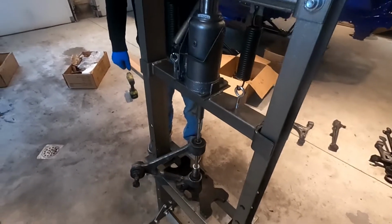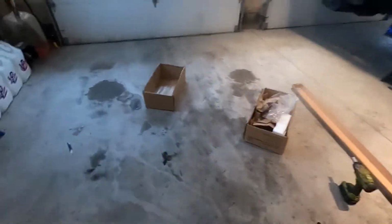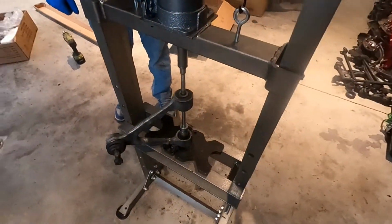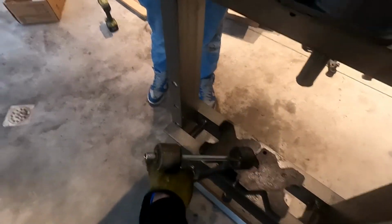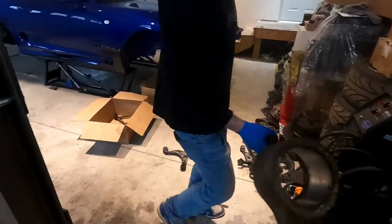So it helps that these all sat out in my garage, and right now it's like that where I live. So all the rubber's probably frozen and it shrunk, so it's really pushing out easy. And we're out. Very nice. So as you can see, I don't use those. As you can see,